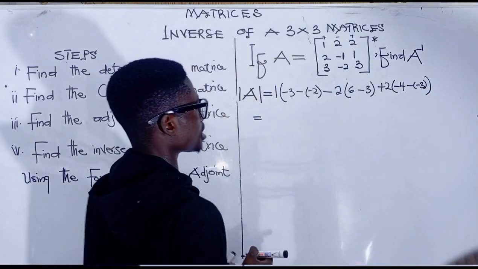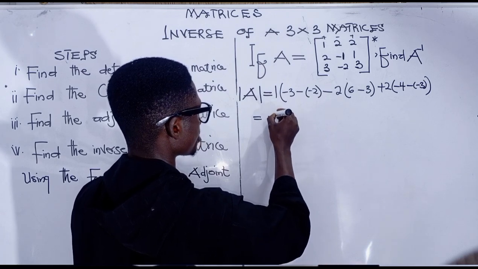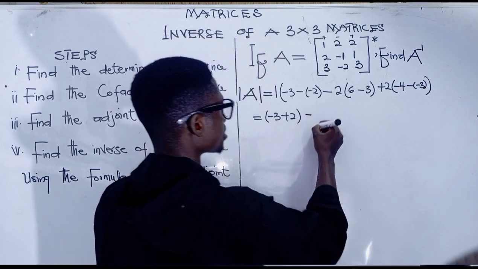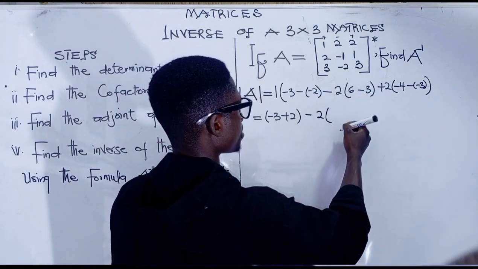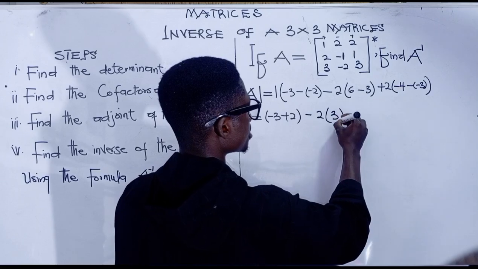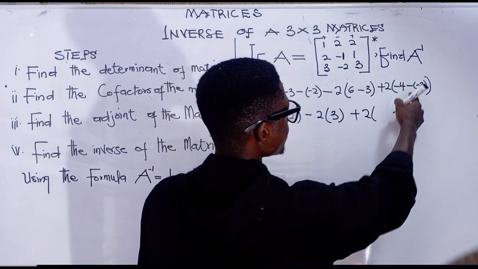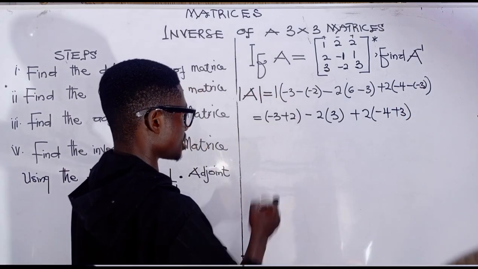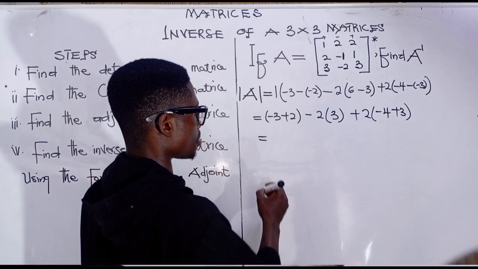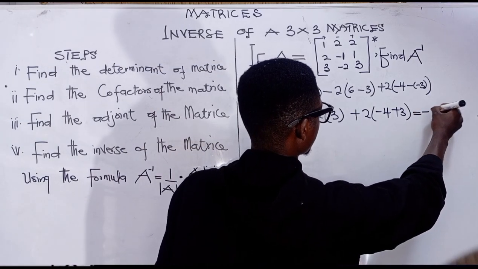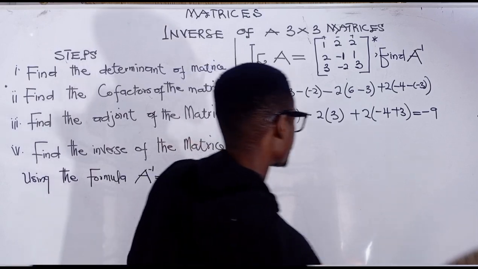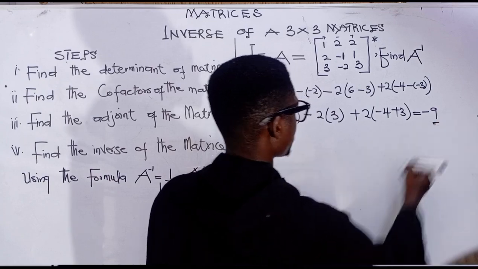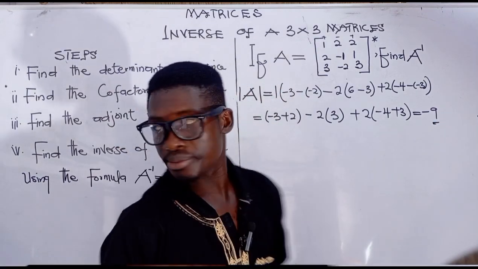So let's continue. Let's do some simplification. So we have minus 3 plus 2 minus 2. 6 minus 3 gives us 3, plus 2 times minus 4 plus 3. So when you do your simplification, you are going to have your determinant to be minus 9, sorry. So after finding our determinant, which is minus 9, we move on towards finding